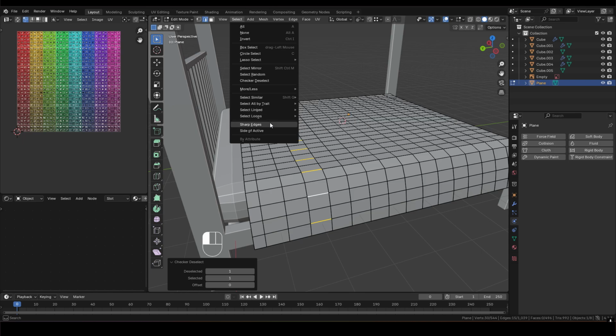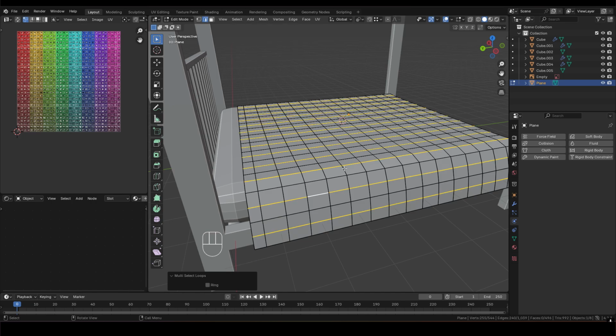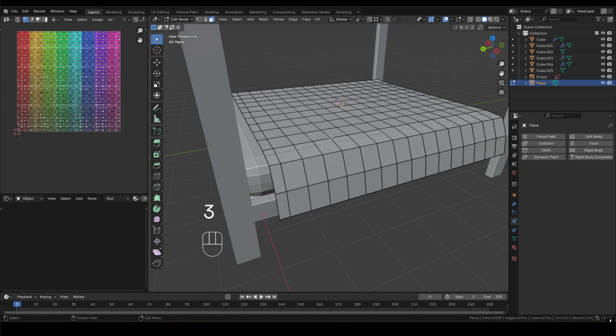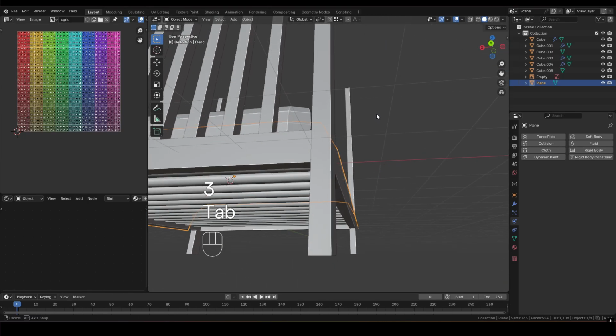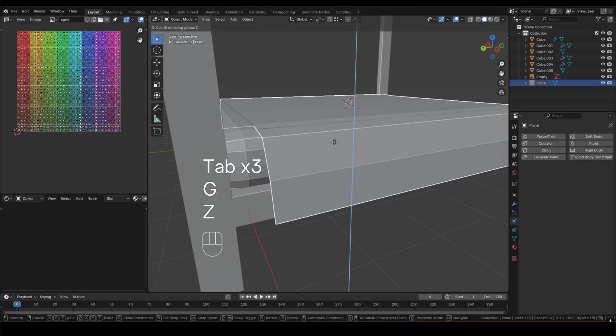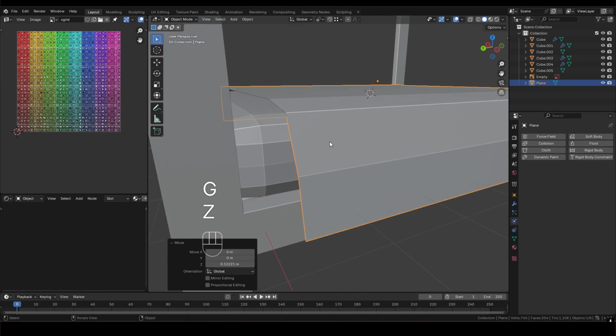Then go select edge loops. I'm blind. There you go. Control X, and then we have our bedding. This is nice low poly, so that's not too bad. So we can press G Z and bring that up a bit. And now let's add a little bit, let's add a